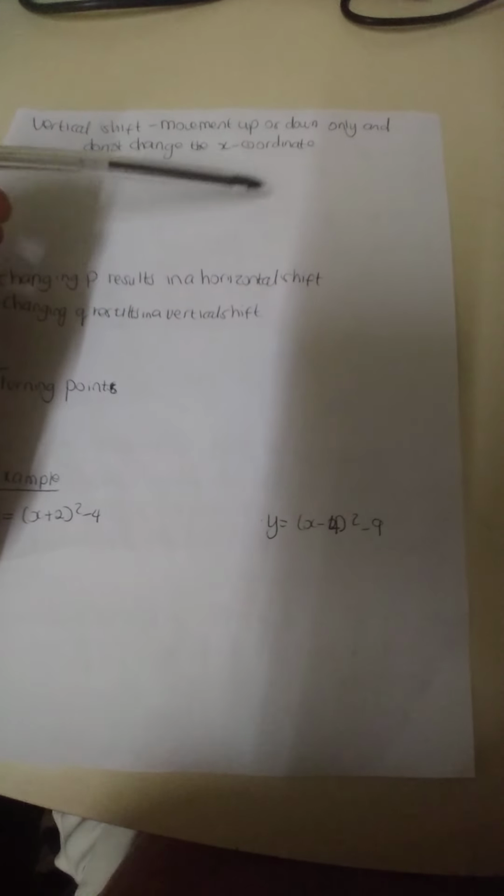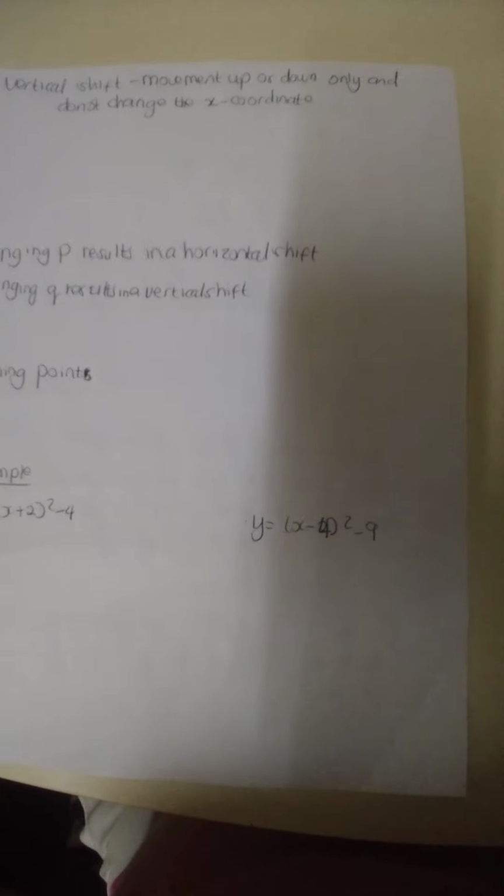Okay, and then now we're going to look at the vertical shift. So the vertical shift is the movement up or down only. There's no change in the x coordinate, there's no change in the value of x. So let's also use the previous examples. So we have y equaling x